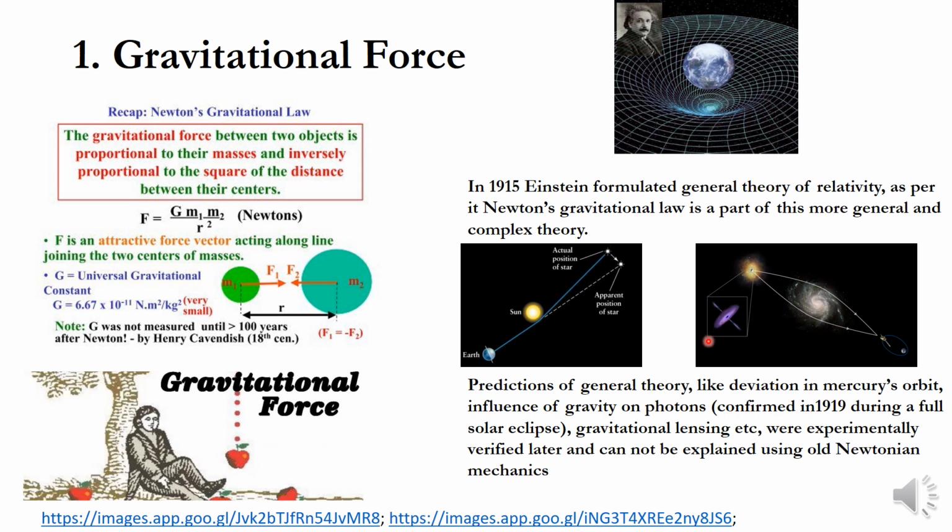So, the predictions of general relativity, like deviation in Mercury's orbit, influence of gravity on photons, and gravitational lensing, were all experimentally verified later. And this cannot be explained using old Newtonian mechanics. Like this, the influence of gravity on photons was confirmed in 1919 during a full solar eclipse, and we can see